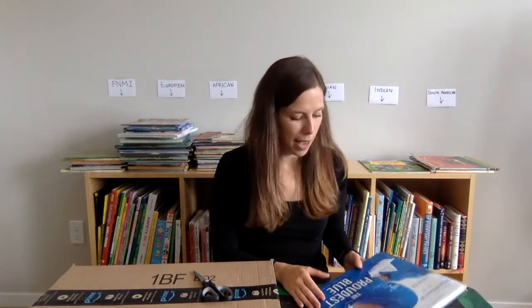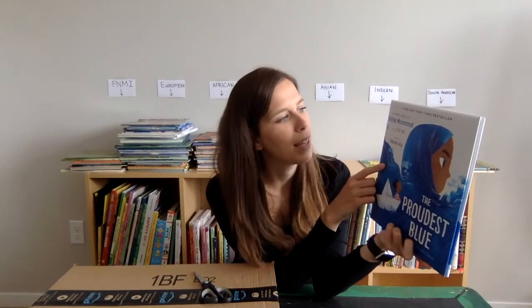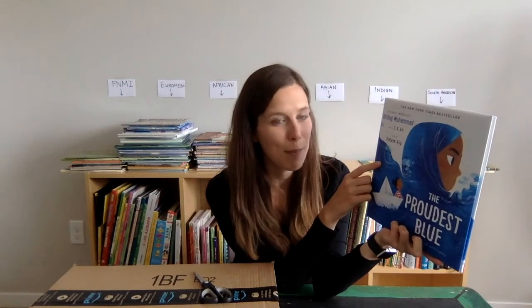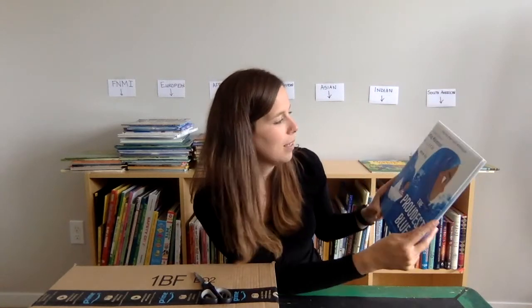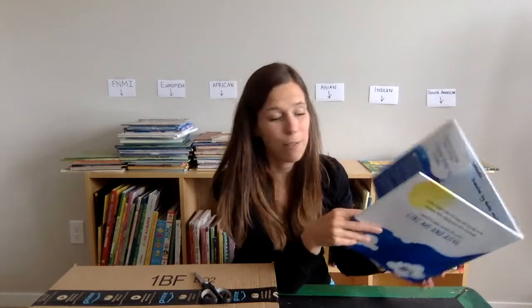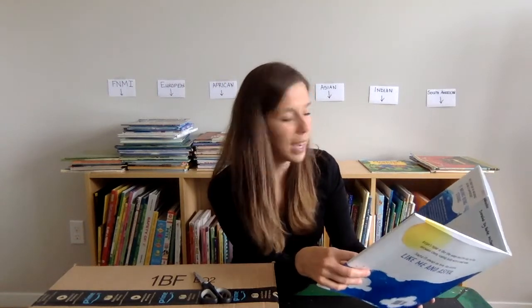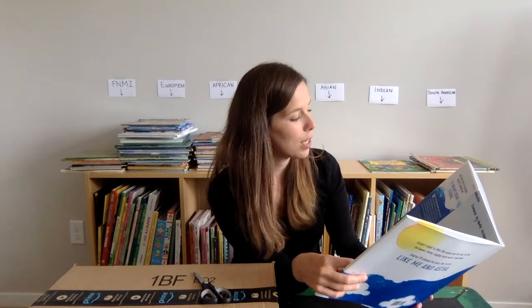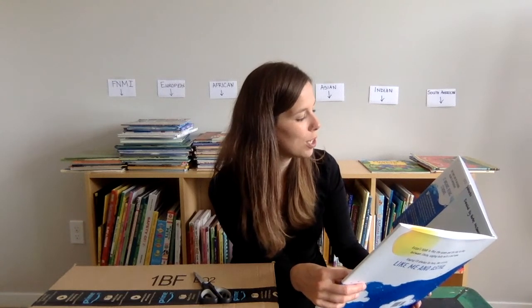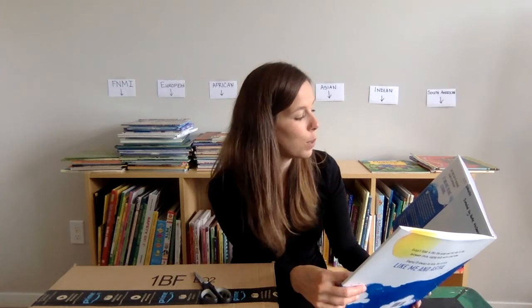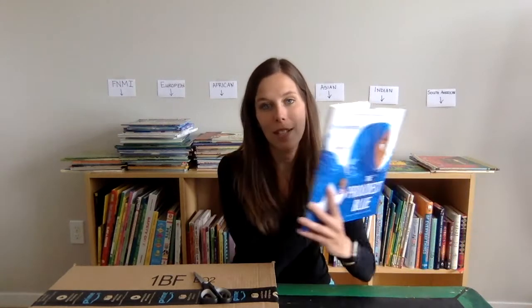And the last book that I have here is something a little different, The Proudest Blue. It was written by the Olympic medalist Ibtihaj Muhammad, and it's a story of hijab and family. So it says, with her new backpack and light up shoes, Faiza knows the first day of school is going to be special. It's the start of the brand new school year, and best of all, it's her older sister Asiya's first day of hijab, made of fabric of beautiful blue like the ocean waving to the sky.